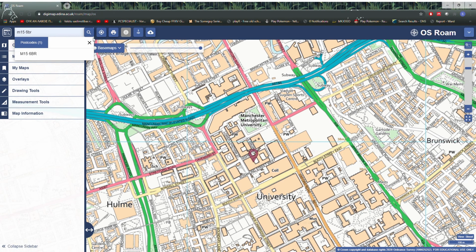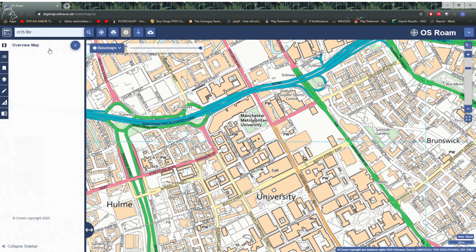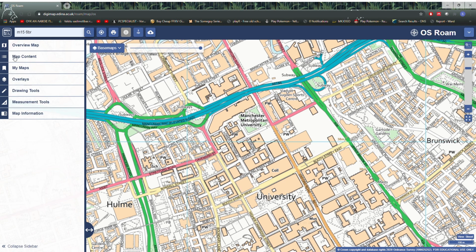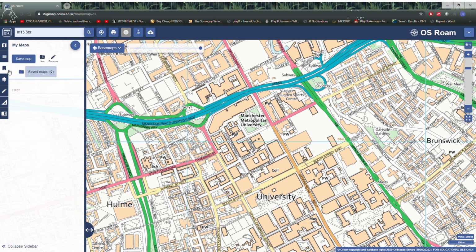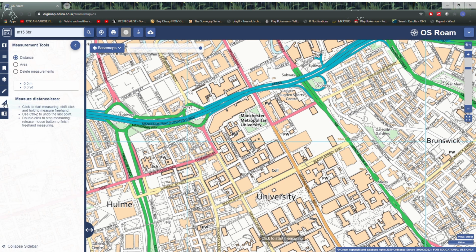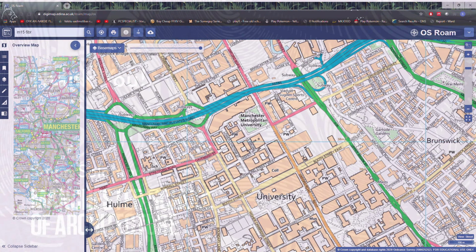What we need to do is, first of all, select what we want to get out of it. So if we go into overview map, there we go, find map contents and buildings and everything, perfect. And point of interest, excellent. Right,